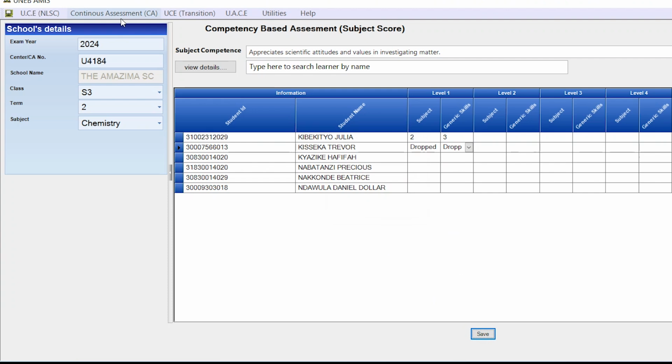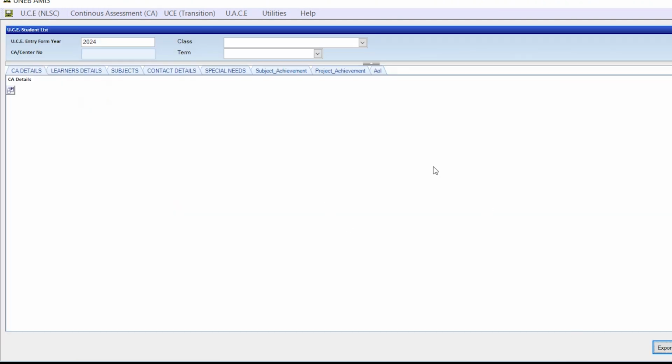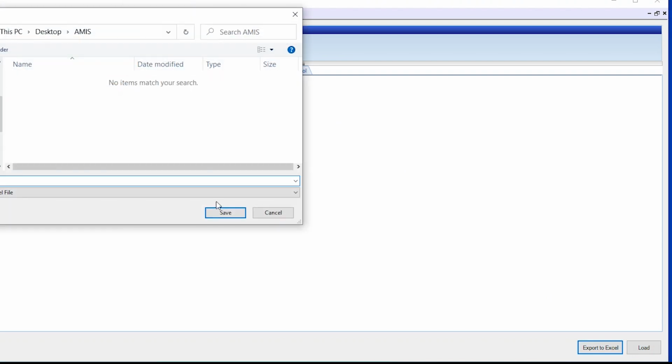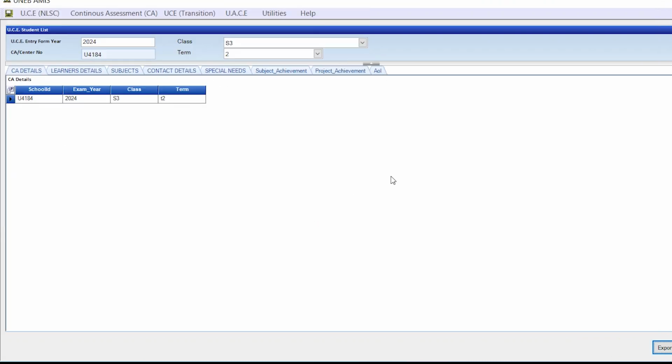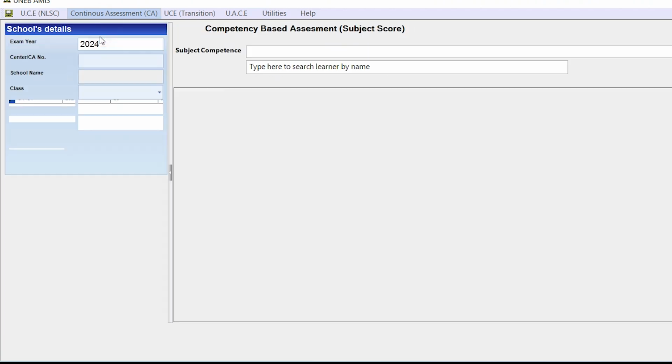After saving, I also export, submit this one, and then come here and put the particulars, which should be the same class, and then Term 2. I load and export and call this Senior 3 Chemistry and save it, and then go back here, and under subject achievement I'm going to first remove those